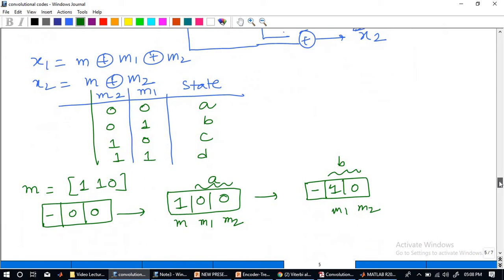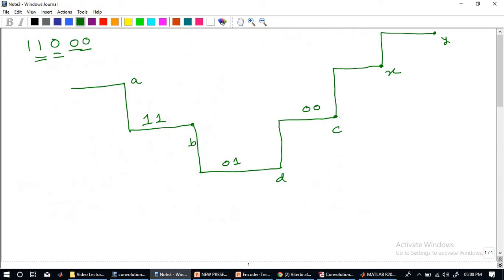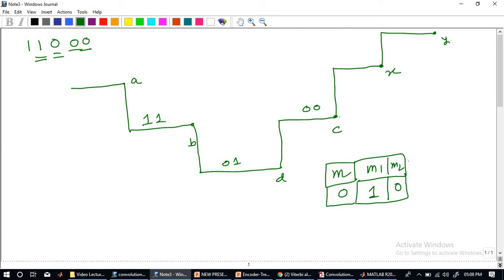So this is the state table. So we were at C. So the content of M1, M2 is 0, 1. So if I draw this, M1, M2, and this is my M. Right? So the content of M1 is 1. This is 0. Now something like a 0 is coming over here. This is what is happening.